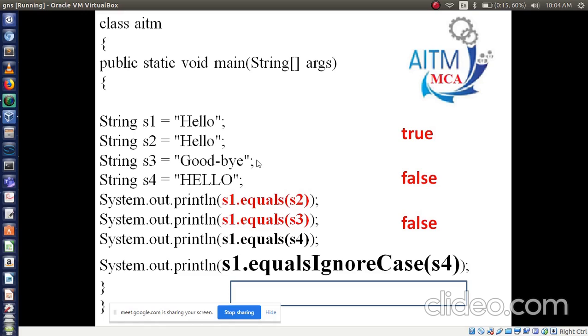Okay, see, one more point. We are using the equalsIgnoreCase method, so we will get the output as true. Is it clear? These two methods.